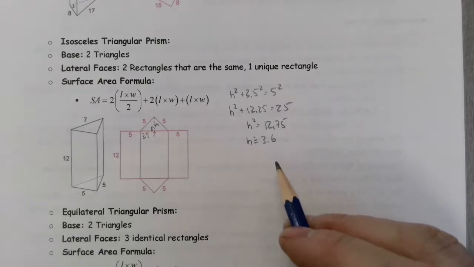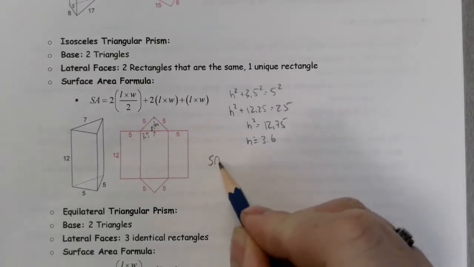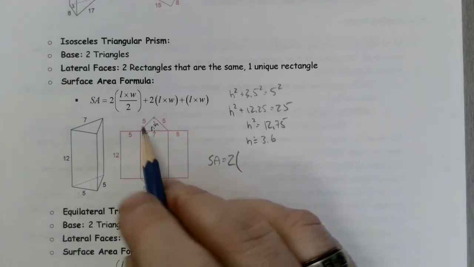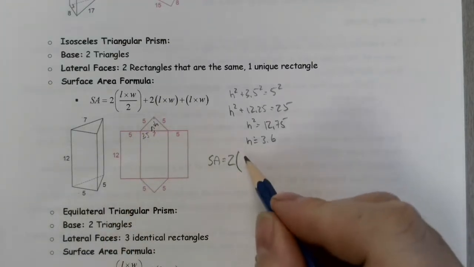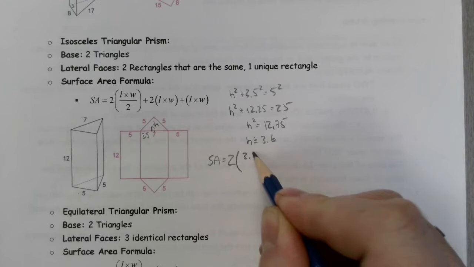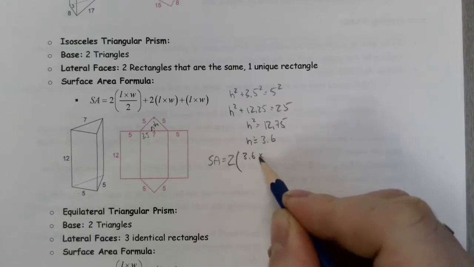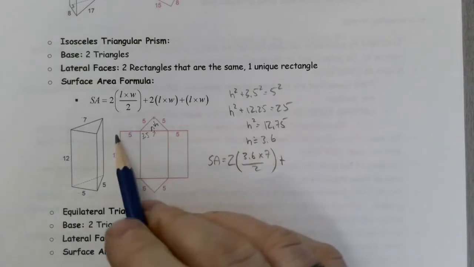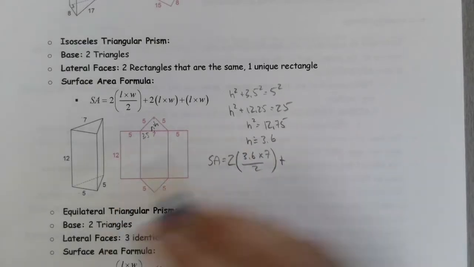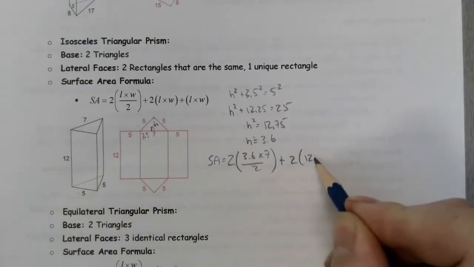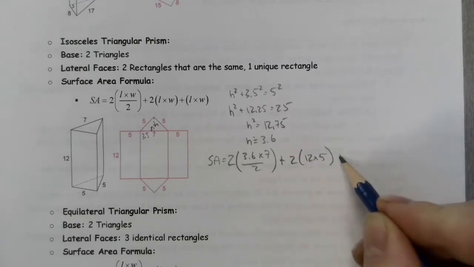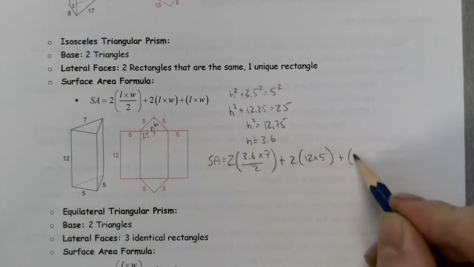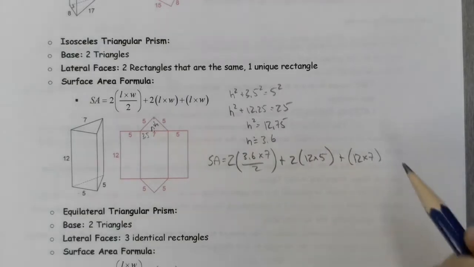Good. So my surface area is going to be 2 times, for the 2 triangles, the length times the width, the base times the height. So that's going to be 3.6, what I just calculated here, times 7 divided by 2, plus, now I've got 2 triangles that each have a width of 5 and a length of 12. So it's going to be 2 times 12 times 5, plus, and I've got a single triangle here that's going